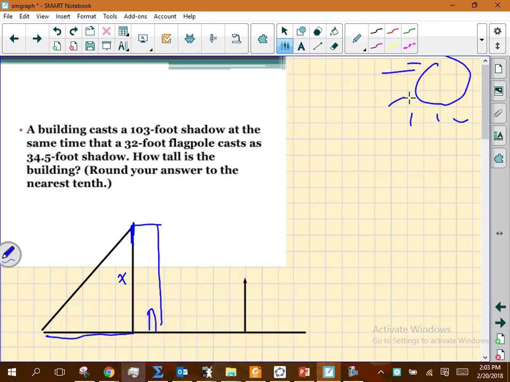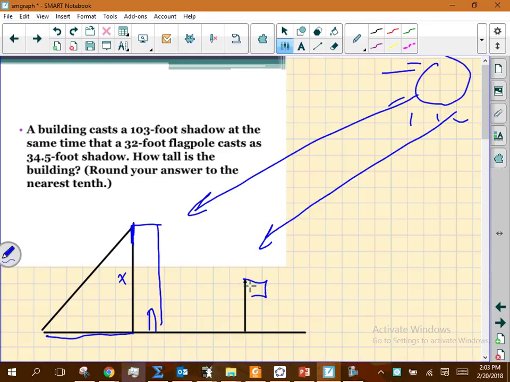Okay. Well, the angle that light comes in and hits our building is the same angle that it comes in and touches our flagpole here. So what I want you guys to understand is either view it as that angle there compared to that angle there, or, in a couple chapters, we'll talk about how those angles may be easier to view and visualize and think about. But those red angles would be congruent.